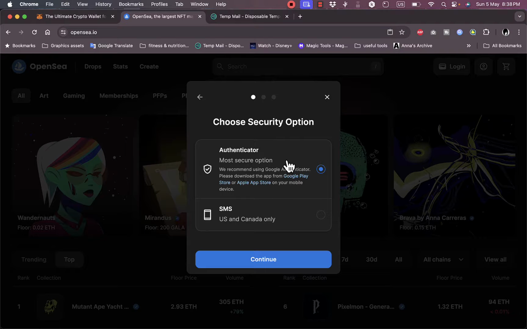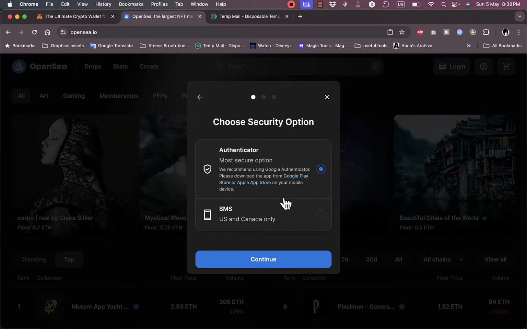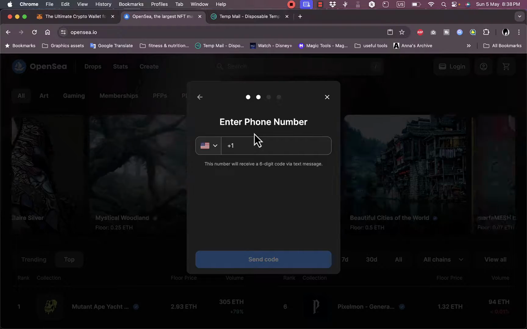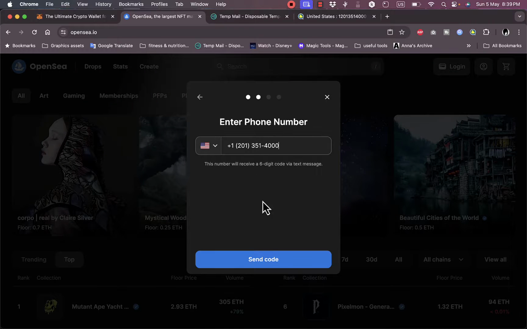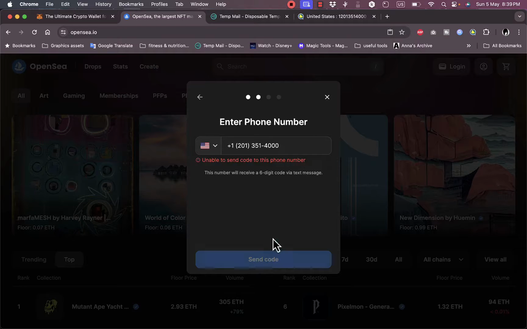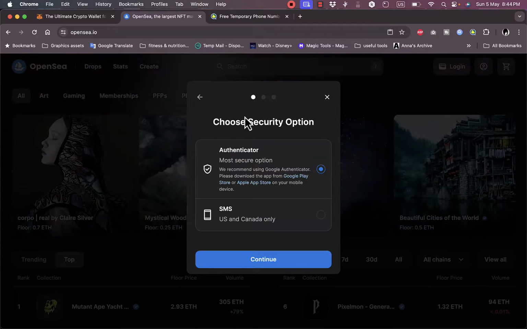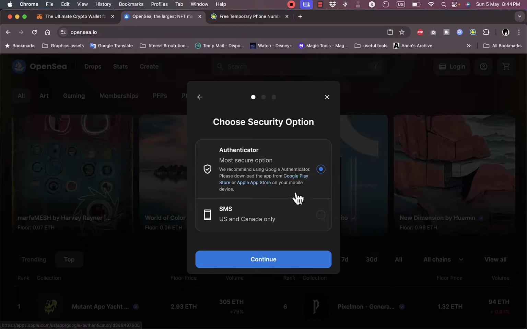So I can have the Google Authenticator or SMS. So I'll choose SMS for now. Okay, and I'll enter my US or Canada based phone number, so I'll do it pretty quickly right here. Okay, so I've entered a phone number, then I click to send code here. Okay, so there seems to be an error with the phone number, so I'm gonna go ahead and use the